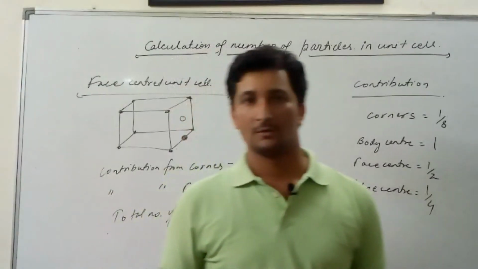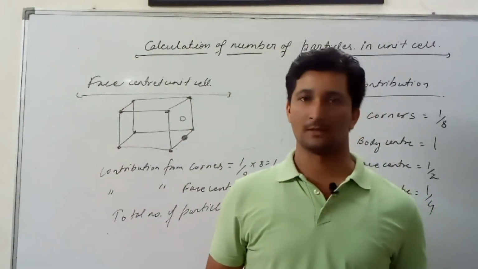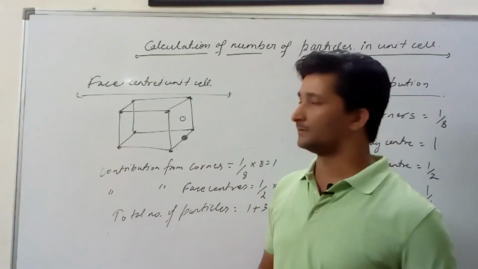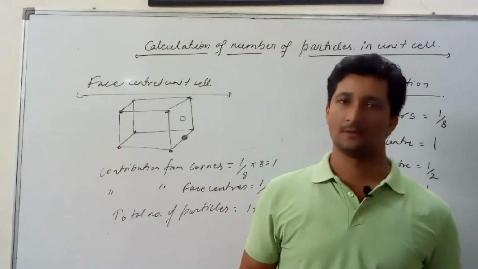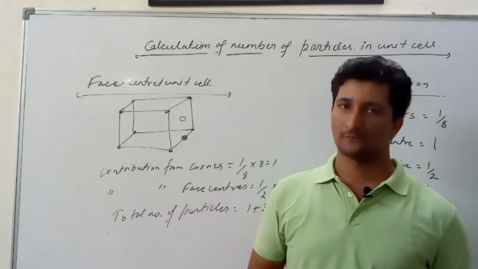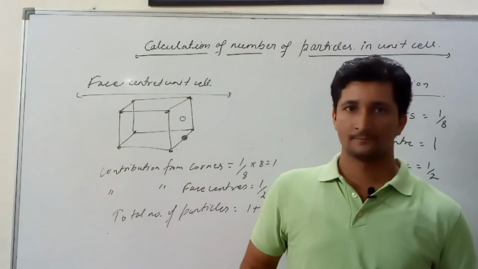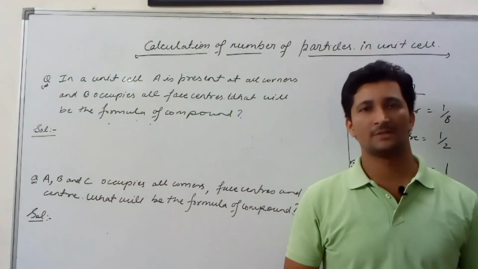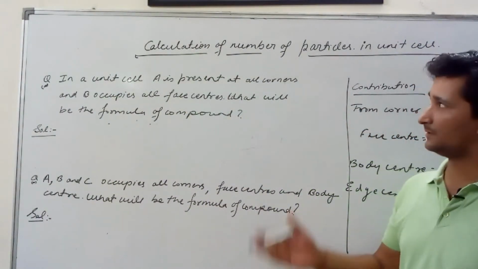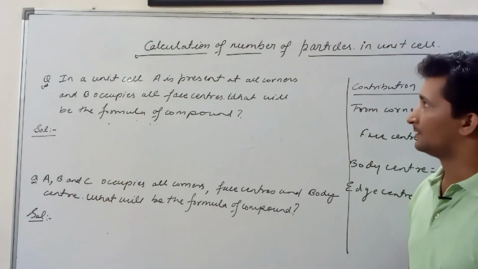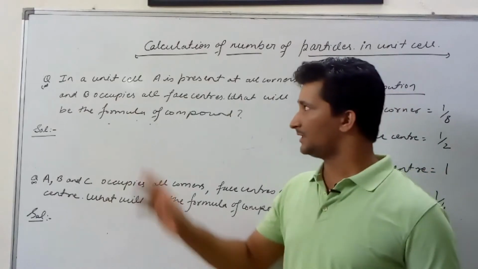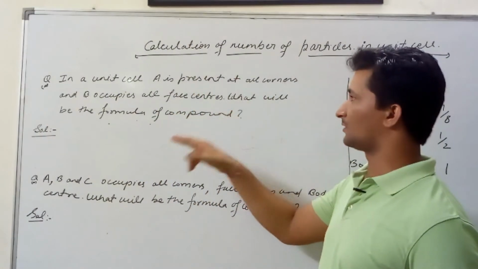Okay, now we will see some of the numerical problems which come in examination regarding the calculation of number of particles in unit cell. Note it down fast. Now let us deal with some of the problems which come in examination with calculation of number of particles in unit cell. So the first question is, in a unit cell, A is present at all the corners and